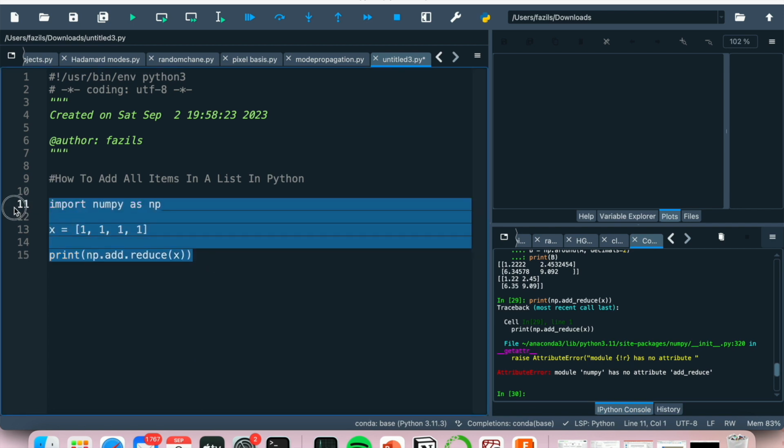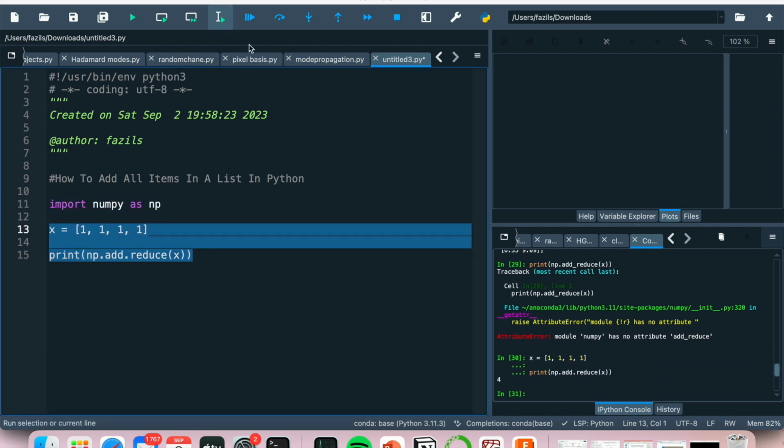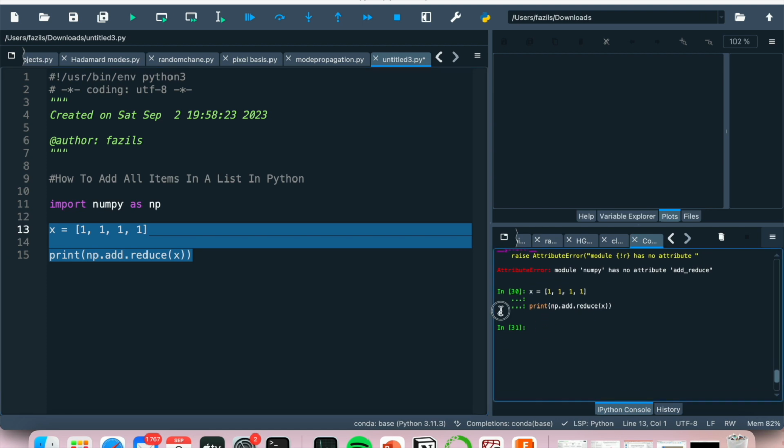So now if I run this, as you can see, I get an answer here, which is 4, which is exactly what the addition of all these numbers in this list is. So that's basically it. If you wanted to know how to add all items in a list in Python, this is the easiest way I know how,